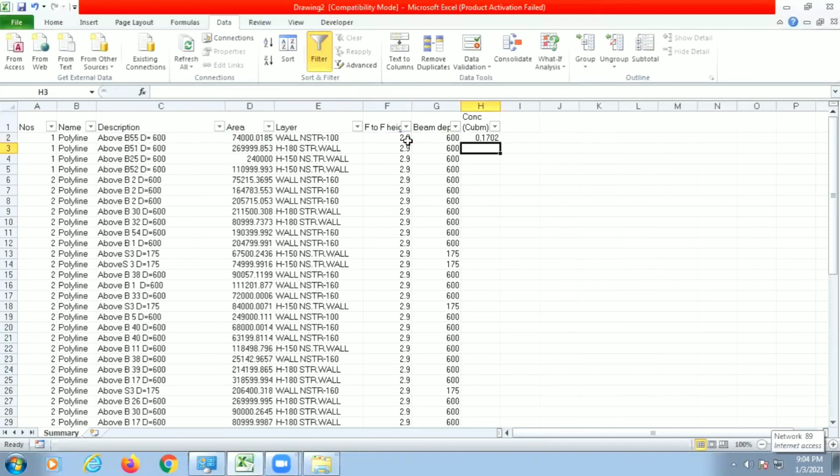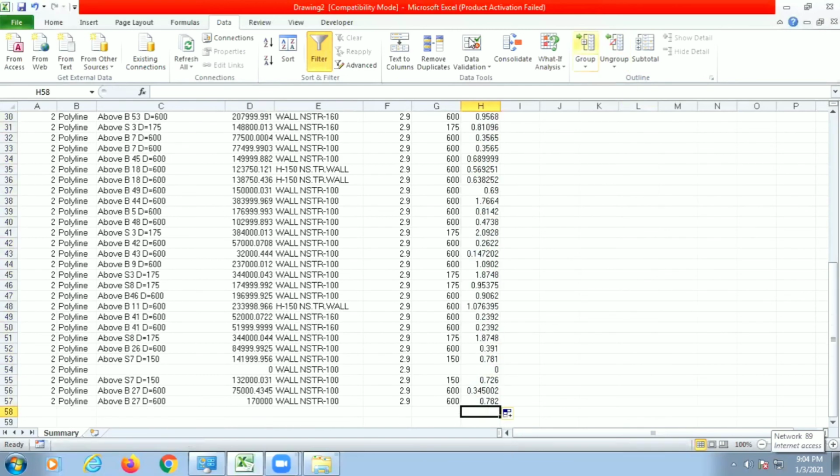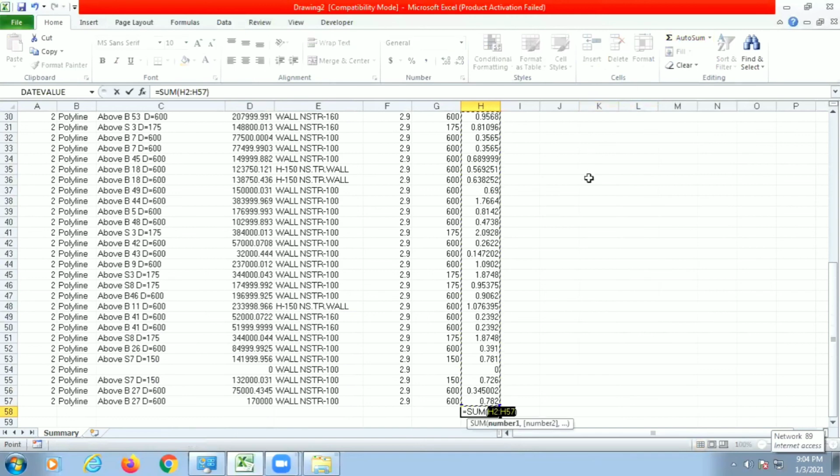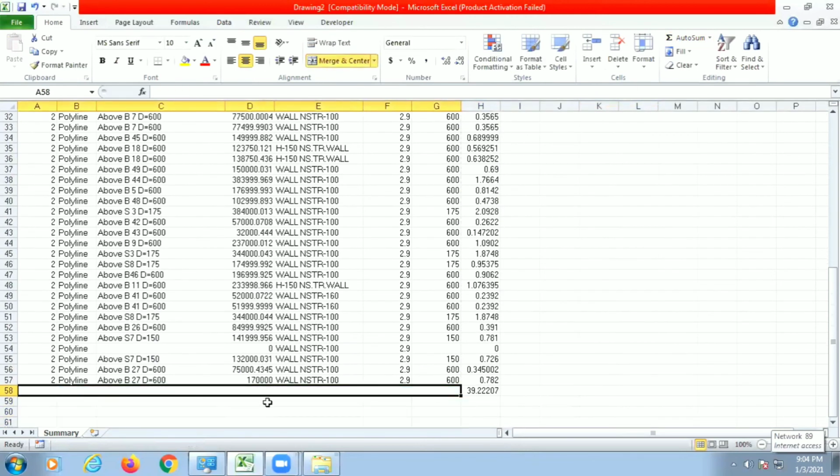So now we have got our concrete quantity here. I will just drag it down and we will do one auto sum to get total concrete quantity. In this way we work out our total concrete quantity for NSW by using data extraction.